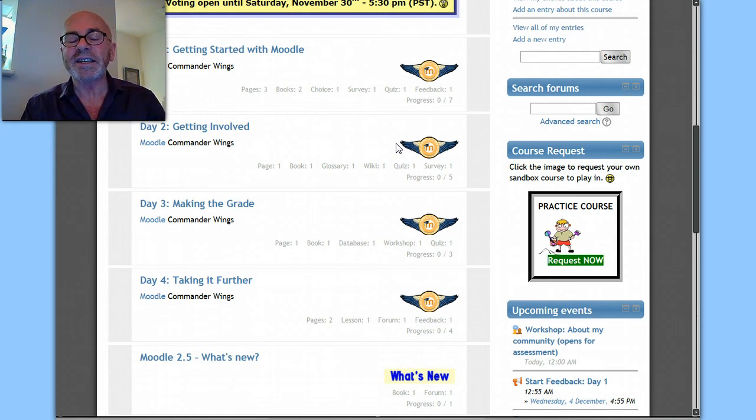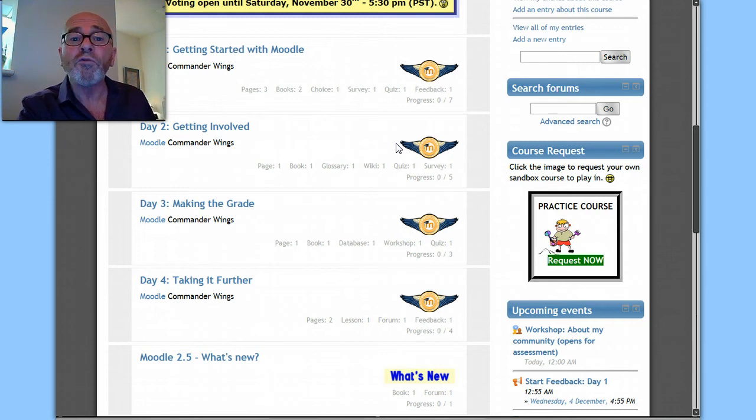And badges are a very exciting addition to Moodle. As of Moodle 2.5, that's when they were introduced. Badges, when I first saw them, I was a little bit skeptical. I thought, why would anyone want that? But I'm finding the more I look into it, it's a very interesting way of motivating students and recognizing perhaps things that go unrecognized. For instance, say you complete an English class and you get a grade for that English class, but that grade doesn't reflect some of the specific skills you learned in that class.